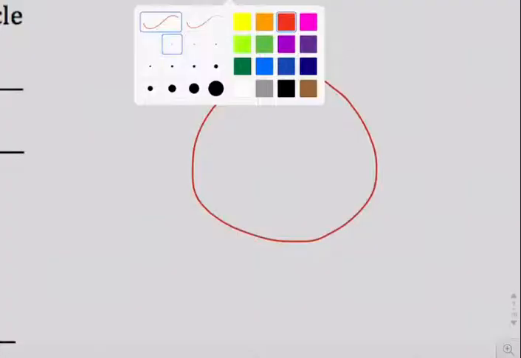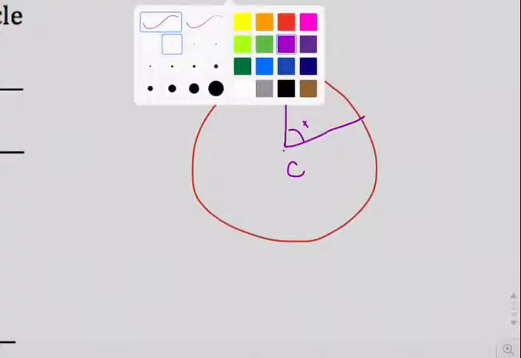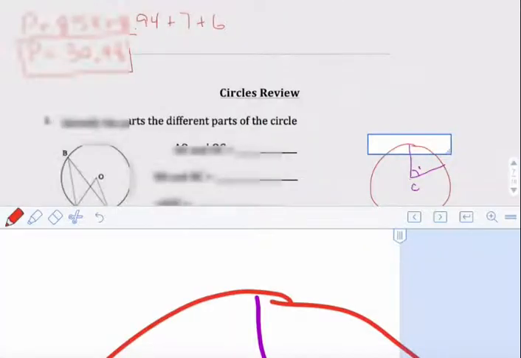So if you take this perfectly drawn circle and choose a center, let's call it C, we immediately can form three other angles off the center. The first one, of course, is going to be our central angle. Just for our purposes, I'm going to call it angle X. We can also form something called an inscribed angle. So if we take the same 2 points that form this angle,